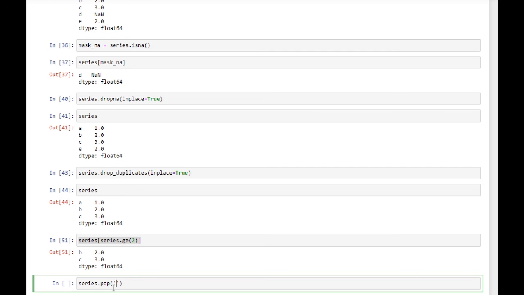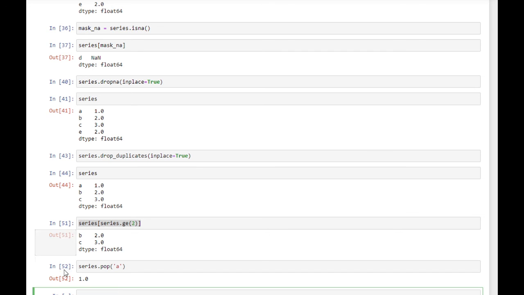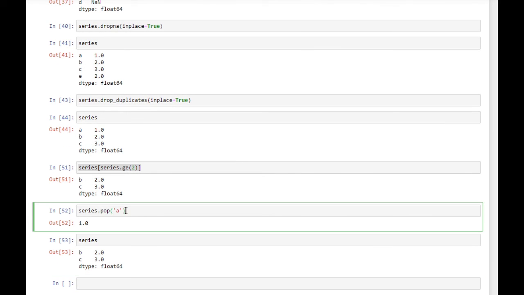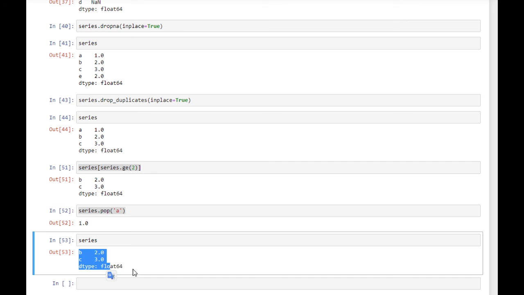Let's say I want to remove the element with index A. If I say series.pop A, it will give me the value of the element with the index A. If we look at our original Series, this method works in place. We don't need to pass the argument inplace. It returns the element and pops it from the Series.